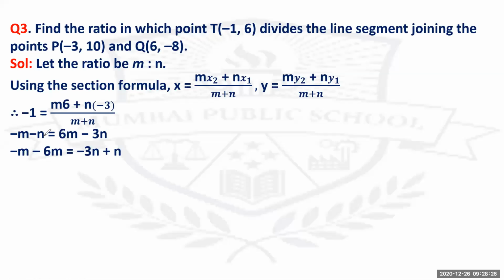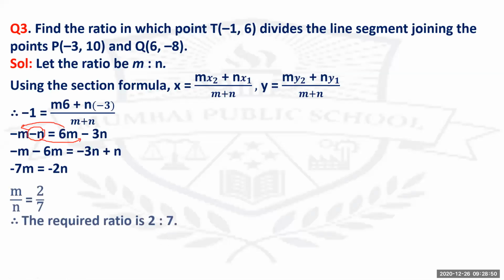What you have done here is check 6m, taken it to the other side. So that becomes minus, and this minus n shifted it to the other side. So that becomes plus n. Okay, is this clear? So minus m minus 6m equals to minus 7m,